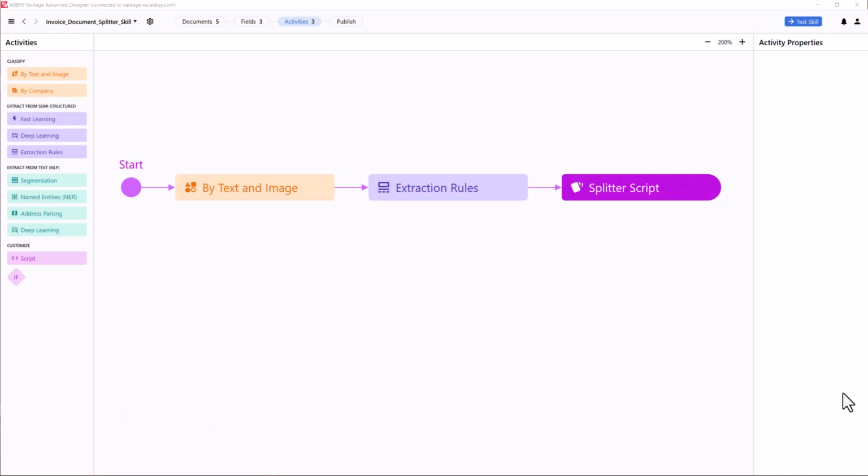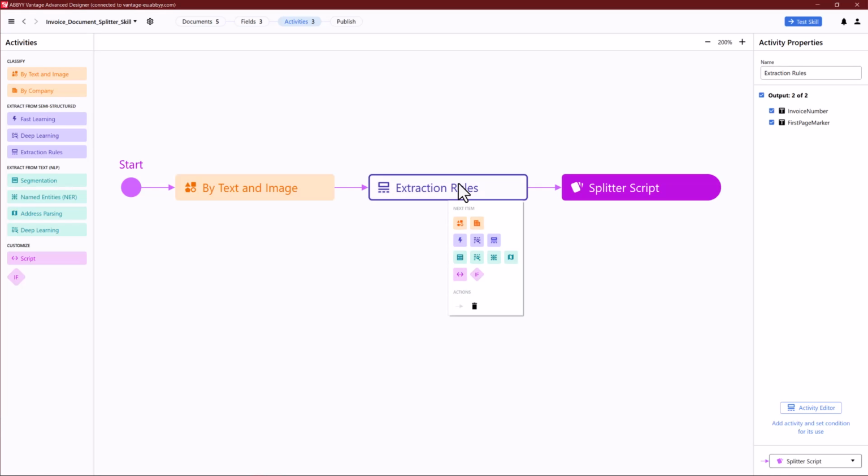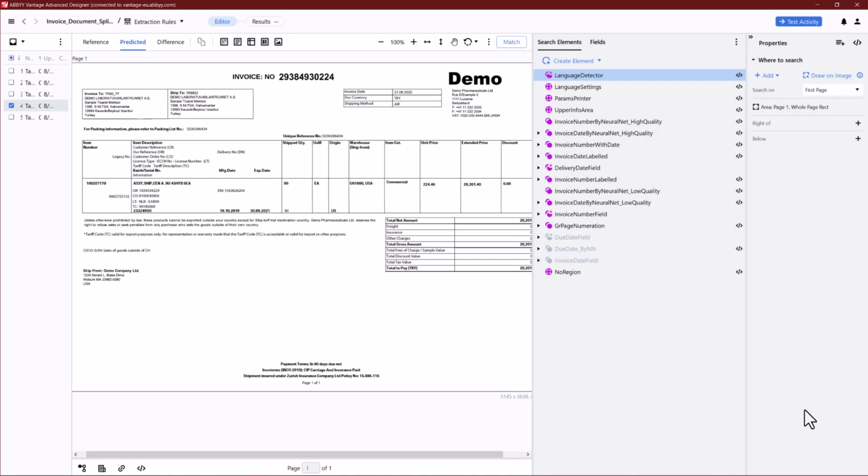In this demo, we'll explore the Invoice Document Splitter Skill's extraction rule activity. Let's take a closer look at how it extracts critical information from invoices. To help understand the functionality of the splitter skill, let's first examine the settings of the following groups of elements: